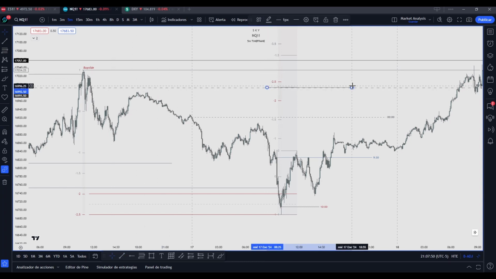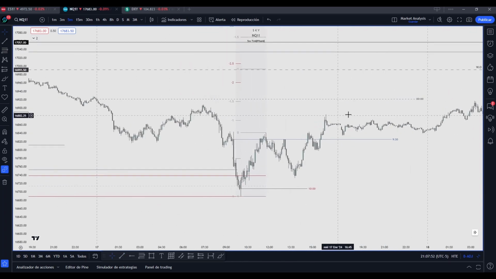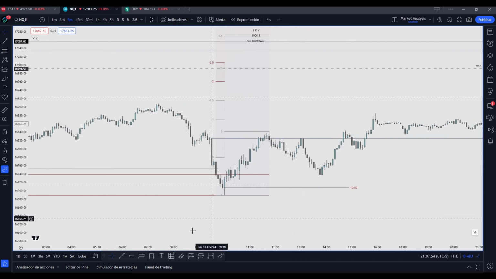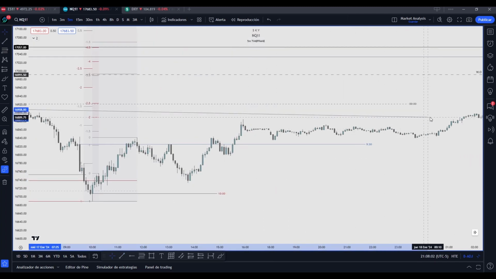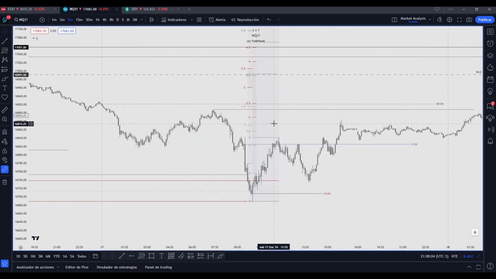You can see here. Or if you want to be less greedy, place it on the first distribution leg,